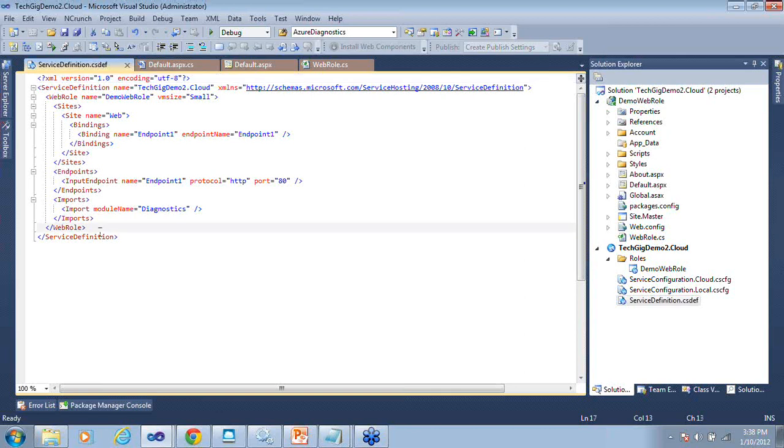Now, service configuration. This is a file which is available after deployment. Also, you can change it. So there are two files here. By default, when you run in the local emulator, Visual Studio intelligently picks up the .local.cscfg file, which is available for your local settings, and then you have a cloud.cscfg, which you change, so that during deployment you have different settings for running in cloud and different settings for running locally.